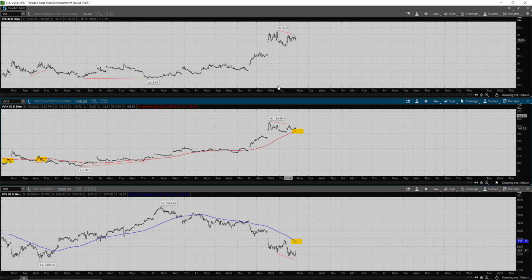So that's what we're looking for. We've got the early ingredients of a buy signal. We do have that divergence that I pointed out. Next, we need to get the moving average crossovers on VVIX and SPX. Not there yet, but certainly you can see it setting up for that, along with the other analysis. It's starting to look good there.